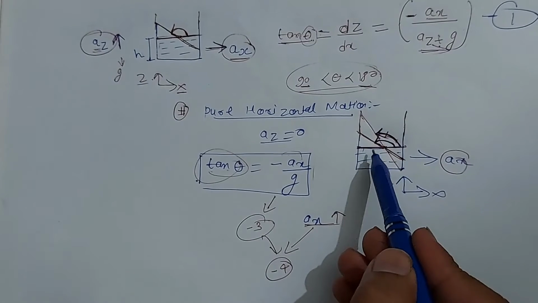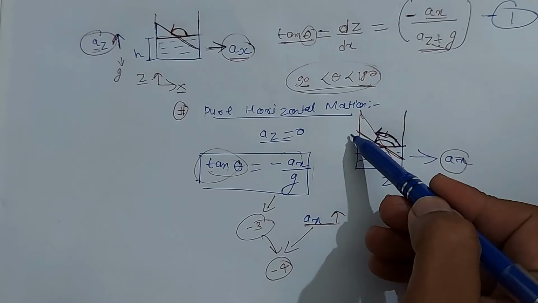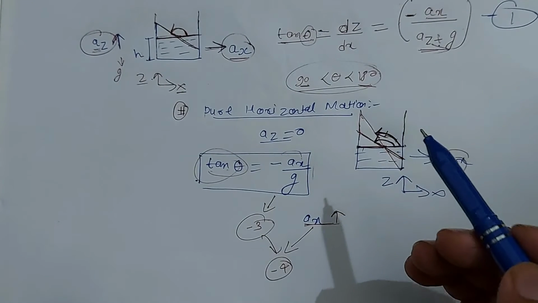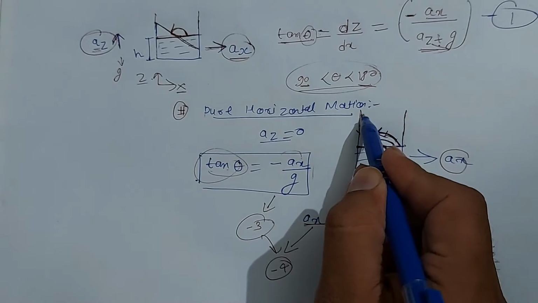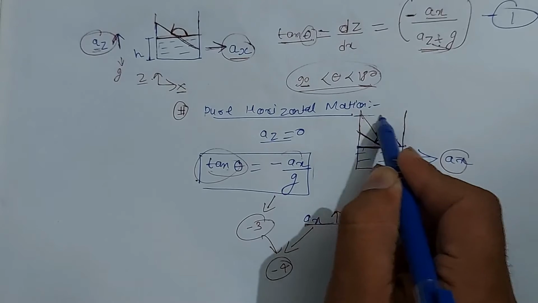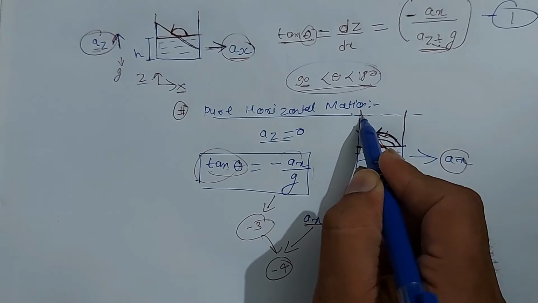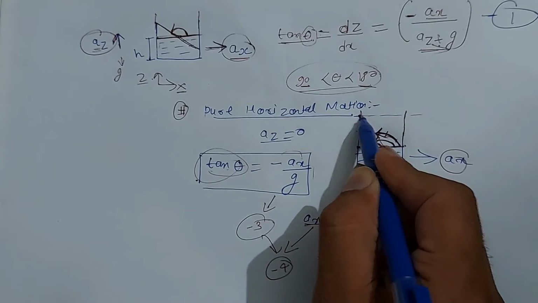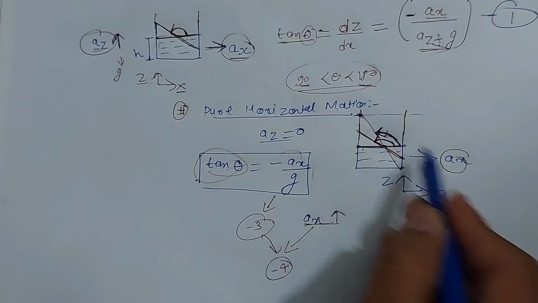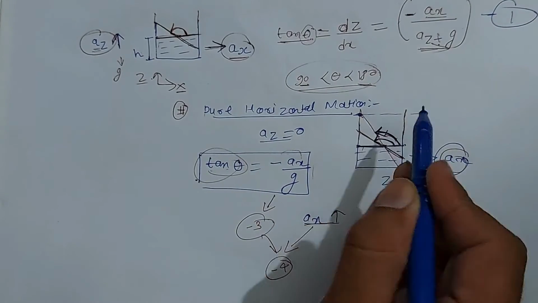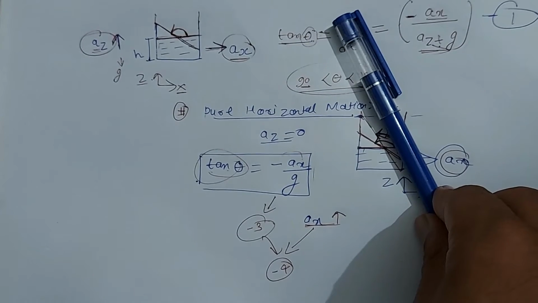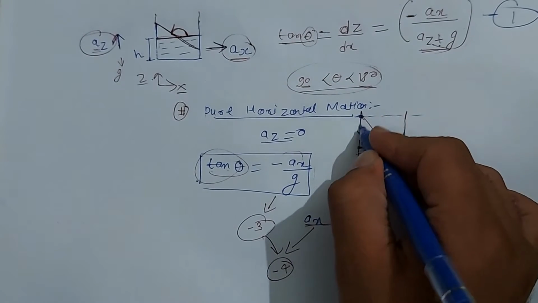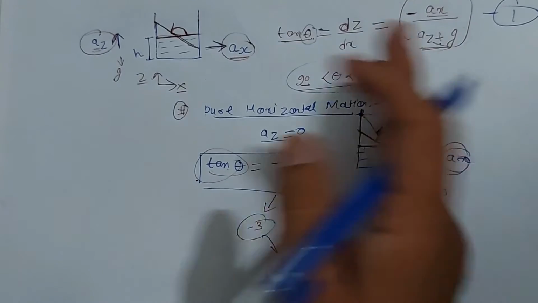So if the line or the free surface is becoming like this, then there is a huge possibility that there would be an acceleration for which the water is just about to spill. If you increase that acceleration a little bit, then the free surface would cross the boundary of the container, that is, the water will spill out.